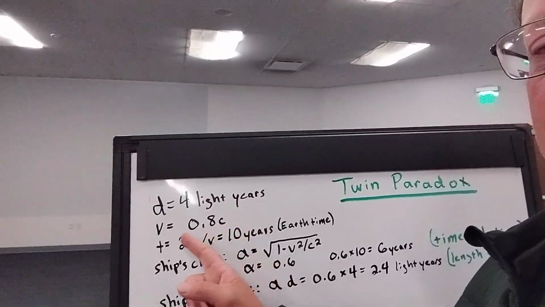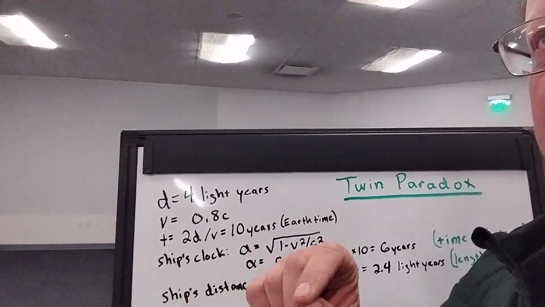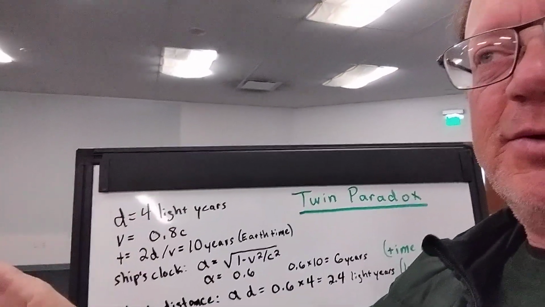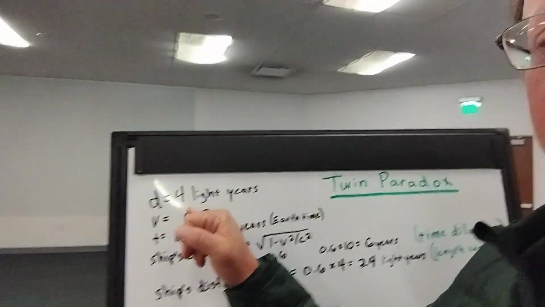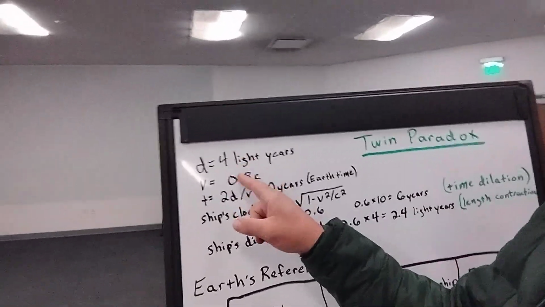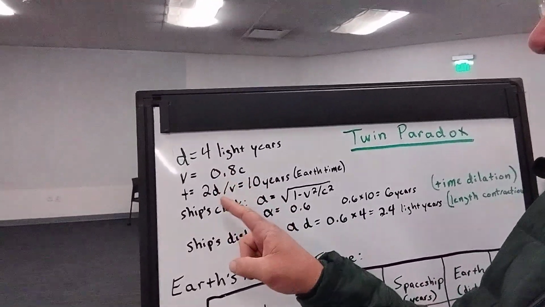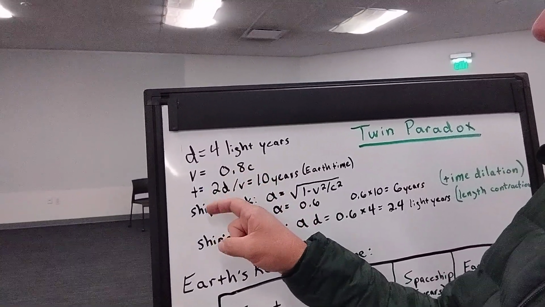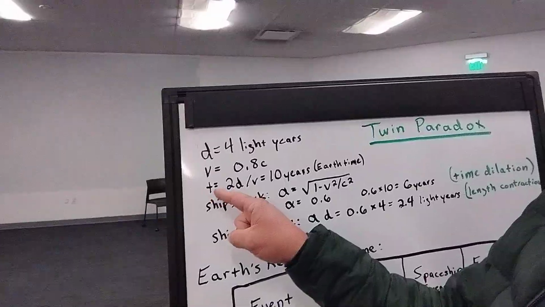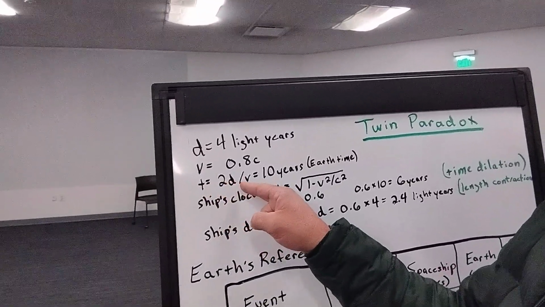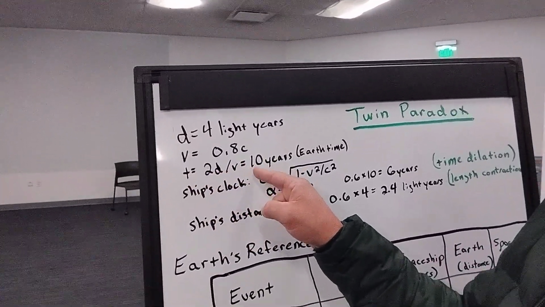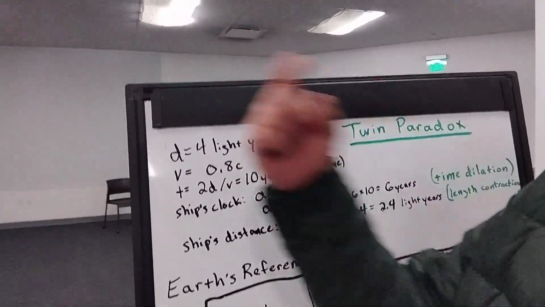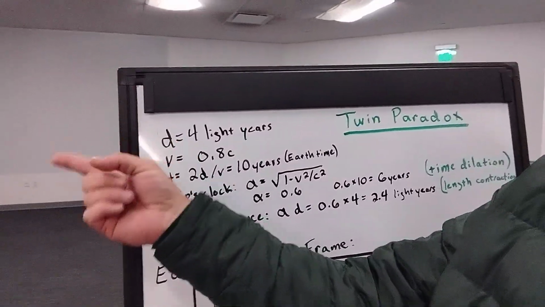In Wikipedia, they show the distance traveled. So, let me start over. There was a traveler on a spaceship, and he's going to be traveling to the nearest star, which is 4 light years away. He's going to be traveling at 0.8 c, and so we derive the Earth time to be t equals 2 times the distance divided by the velocity, which equals 10 years. So from Earth's time, it's going to take the traveler 10 years to travel both to the star